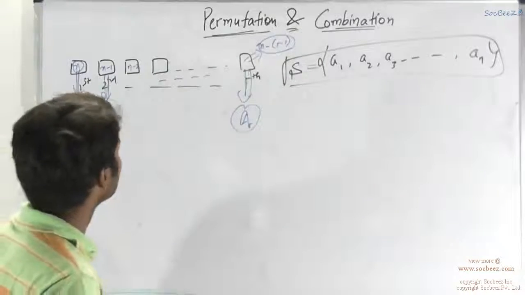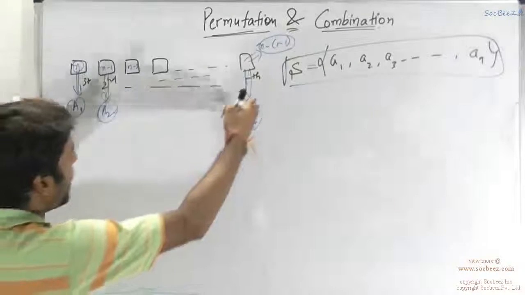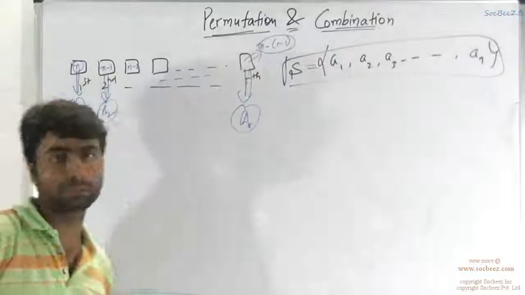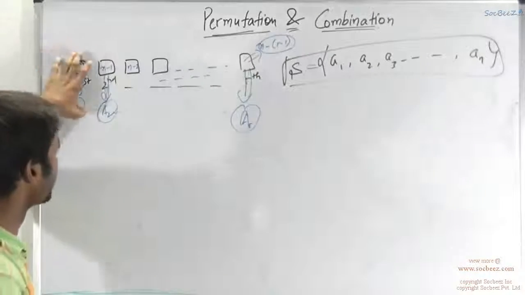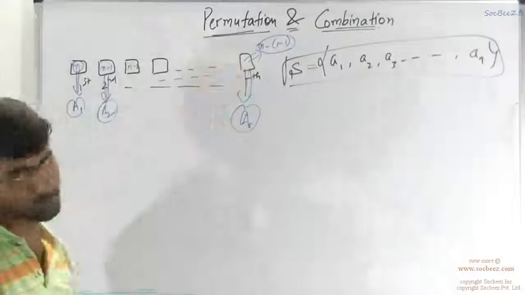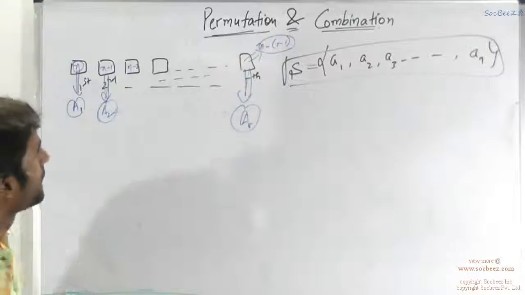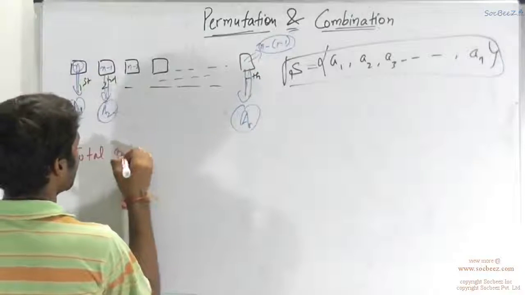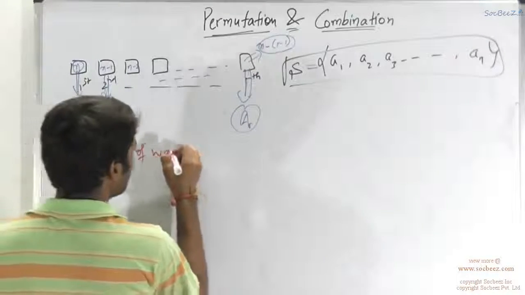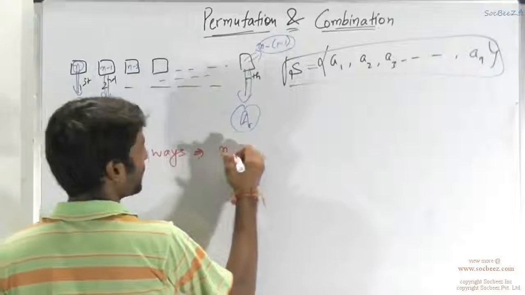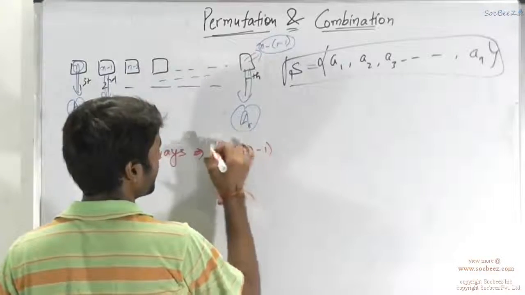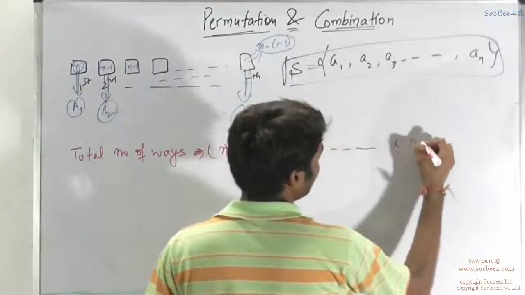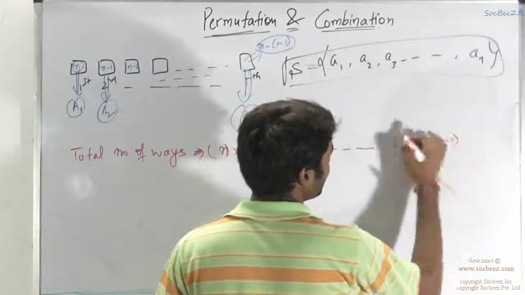And as the multiplication principle states, to form this arrangement of r people in a row, you would have to choose the person at the first position as well as the second position, third position, fourth position. So we can apply the multiplication rule. So the total number of ways would be n into n minus 1 into n minus 2. This would continue till n minus (r minus 1).